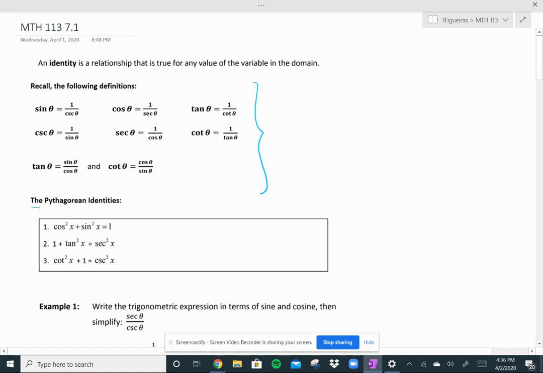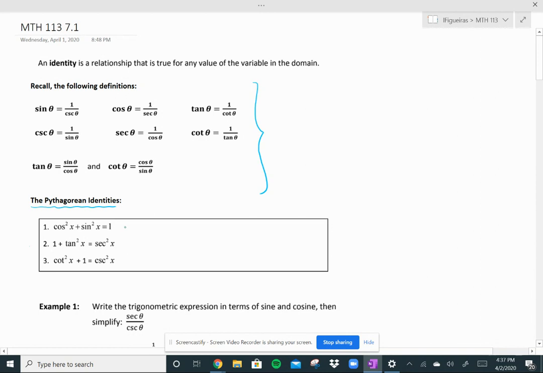In addition, make sure the Pythagorean identities are memorized. There are three. The first one is that cosine squared of x plus sine squared of x equals 1. The second one is that 1 plus tangent squared of x equals secant squared of x. And the third one is that cotangent squared of x plus 1 equals cosecant squared of x. Okay, so if you ever have trouble remembering all of these, as long as you remember the first one, you can easily derive the